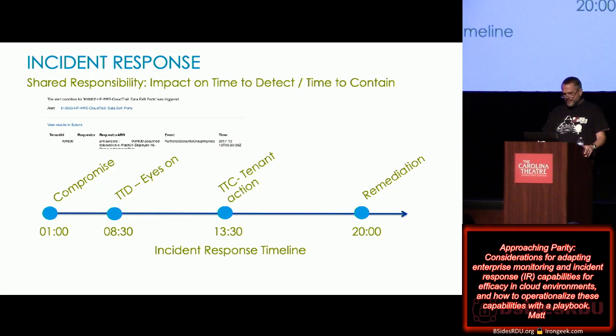And so this is an example timeline of an incident response. You have the stages where the analyst determines a compromise has occurred. The analyst notifies the tenant, and the tenant takes a mitigating action, right? So that brings you from detection to containment, and that sort of encompasses the timeline.